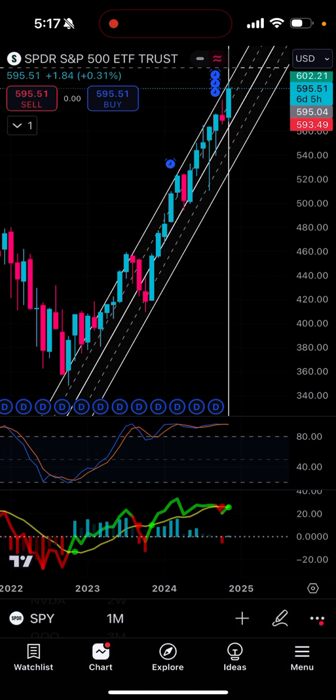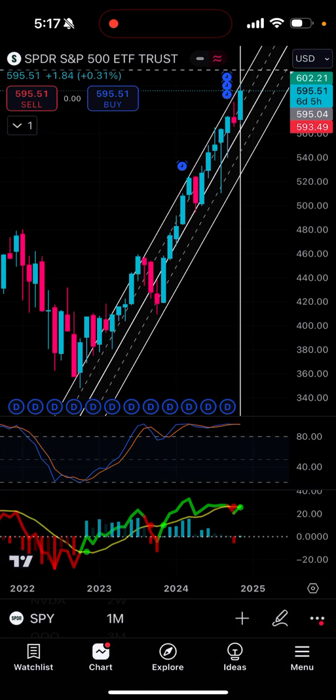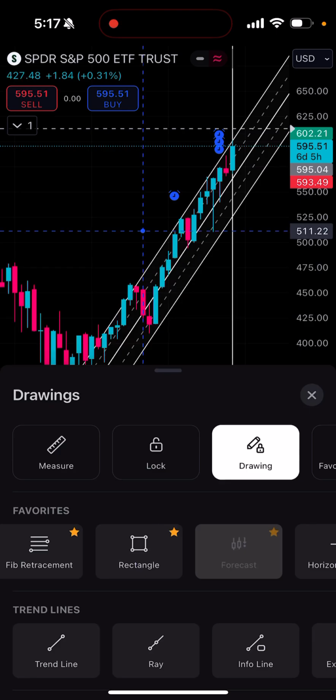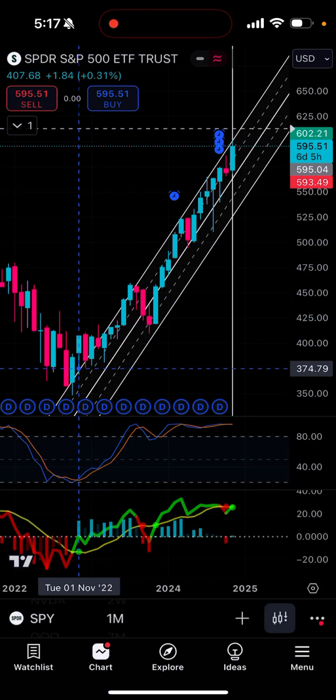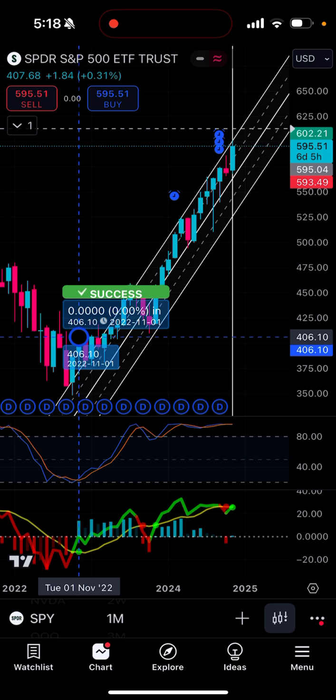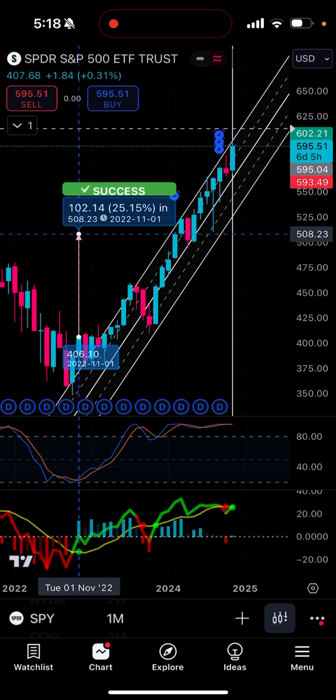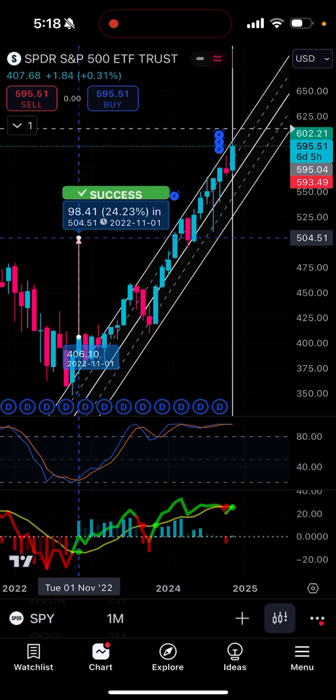Let's go with SPY, which is the most popular stock in the entirety of the world, the S&P 500. Usually, what everybody says is the SPY gives you a rough return of 7 to 10% per year. But if you would have listened to my indicators on the monthly, you'd have bought right here. As soon as that monthly closed, you would have been up on the SPY since you purchased this back on November 22nd. That was 2 years ago.